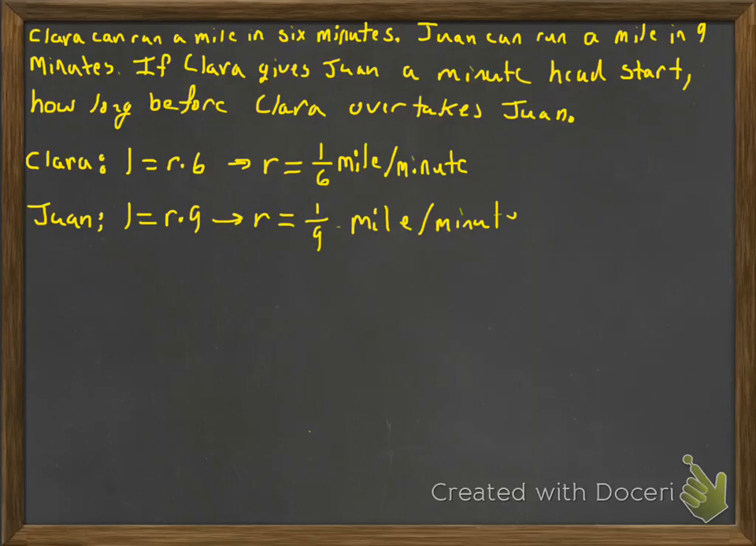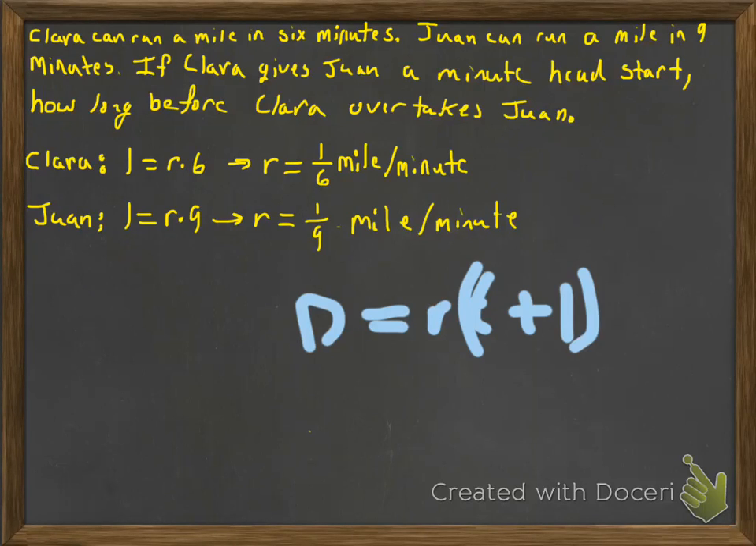And in this particular problem, we want to know when Clara overtakes Juan, or when they're tied, or when their distance is equal. So we're going to set Clara's distance equal to Juan's distance, and again, distance is rate times time. So with Juan's distance, he's going to have a +1 added to his time because he got a minute head start, whereas Clara